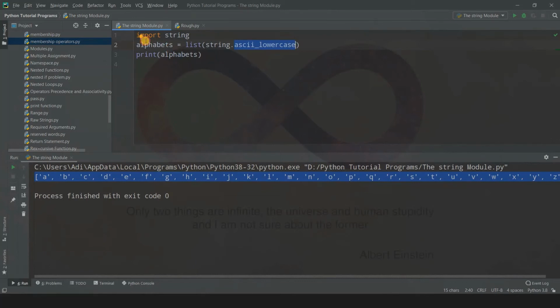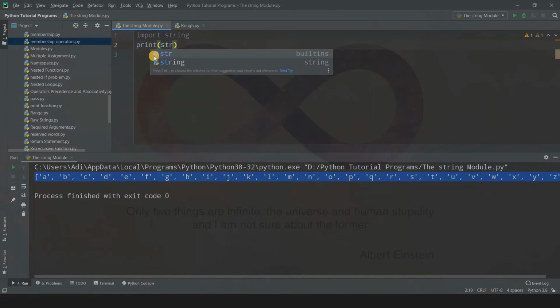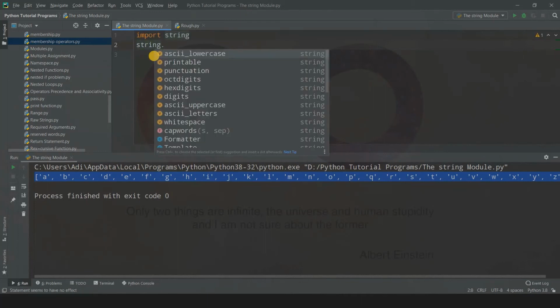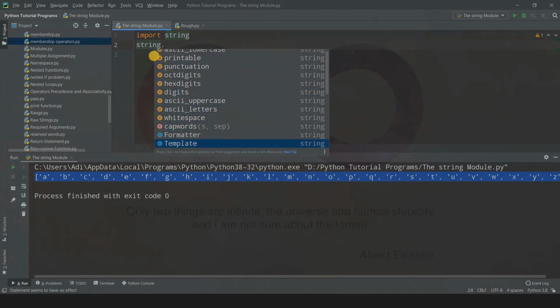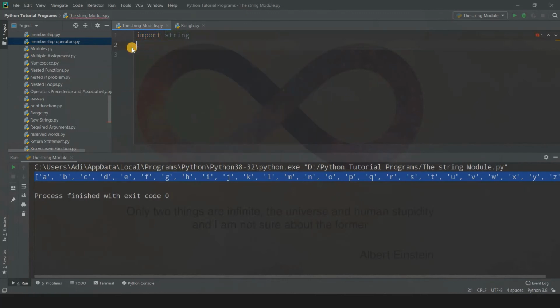So these were the values that we can get access to by using this string module. And one more thing, there are some functions in it. I'll not print them, I don't want to explain them because I don't think they are that important. You write string dot, and you get some suggestions from PyCharm. We saw most of them, but these are the functions that you can use: capwords, formatter and template. But I am not going to discuss them because I don't think they are that important. If you want, you can get help from PyCharm, or you can Google it obviously.